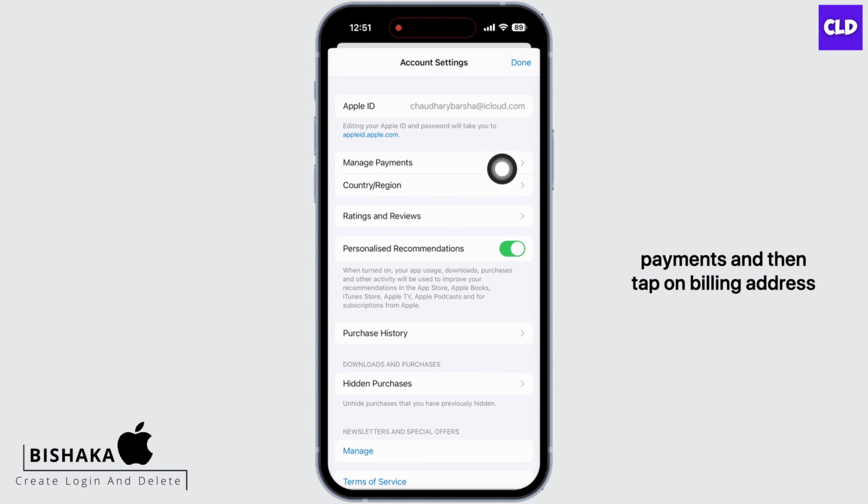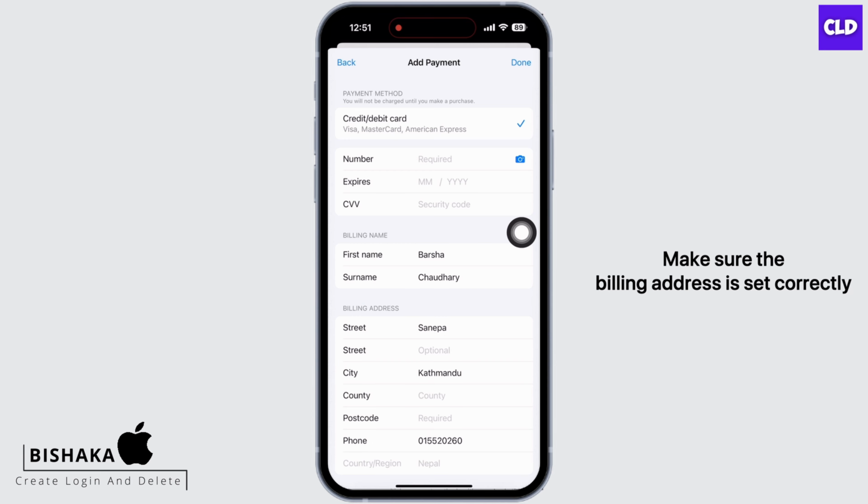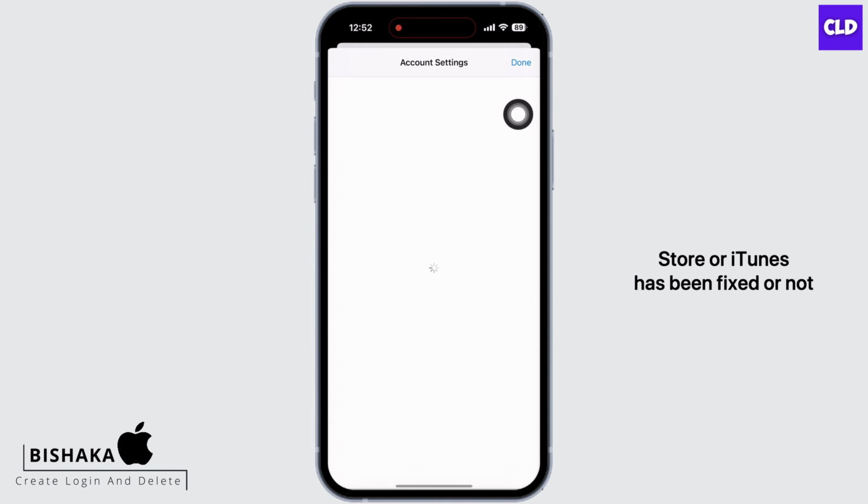Now tap on Manage Payments and then tap on Billing Address. Make sure the billing address is set correctly since it is very important. You can also try to erase all the data in there and then re-enter them again one by one. Also, keep in mind that entering the correct postcode and phone number plays a very crucial role here. Once you have finished entering the data, tap on Done and see if the App Store or iTunes has been